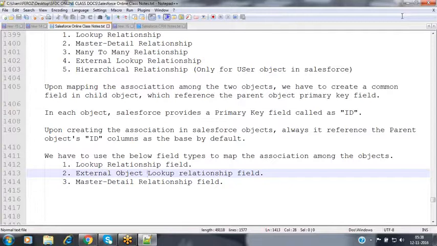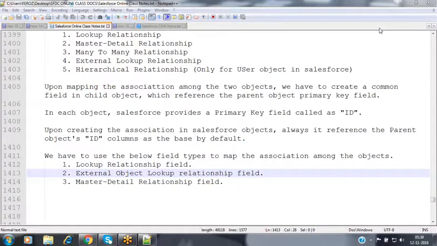That reference is nothing but the common column. By using that common column, we can map the association between the multiple records that exist inside those objects.